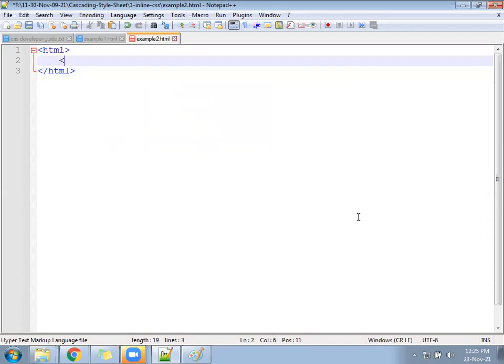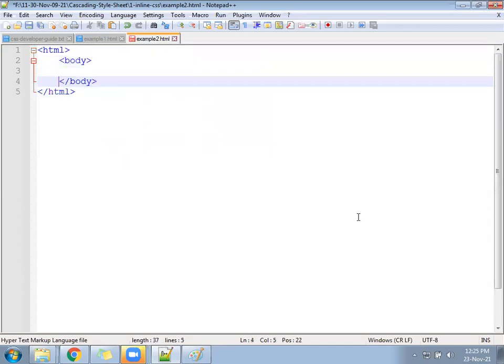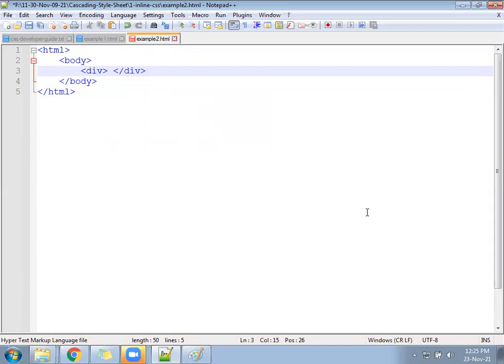Follow the body tag and follow the two division tags. We can write one line on the top also: H1, CSS float example.